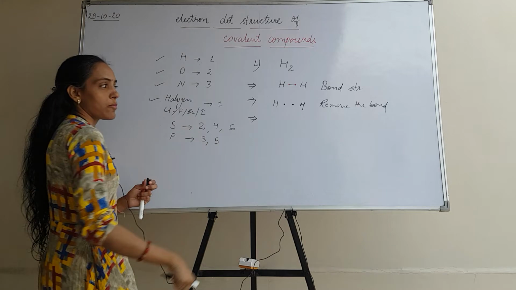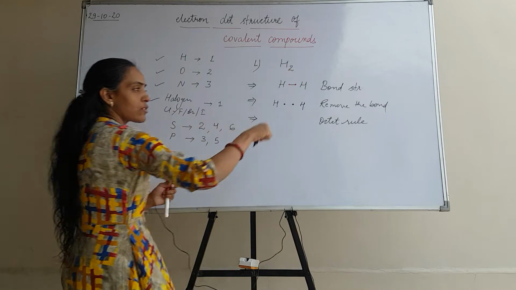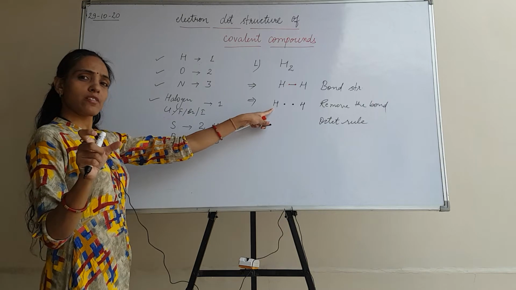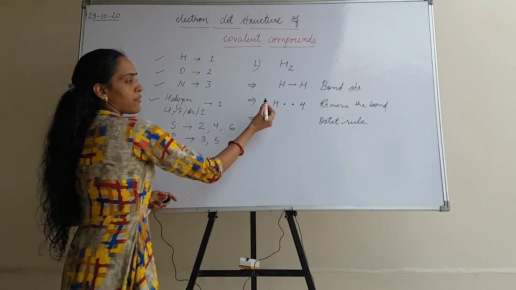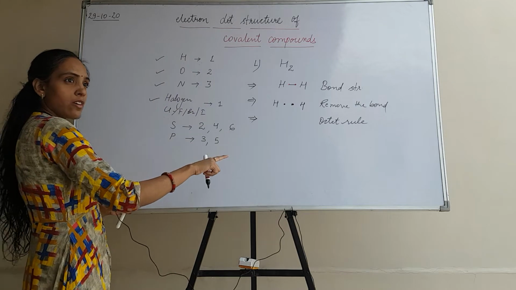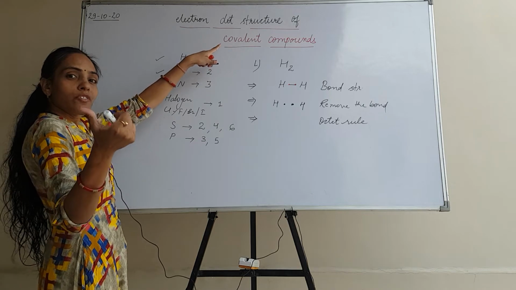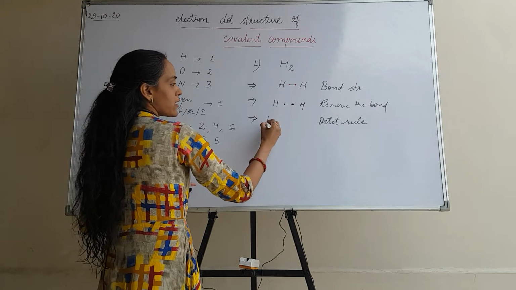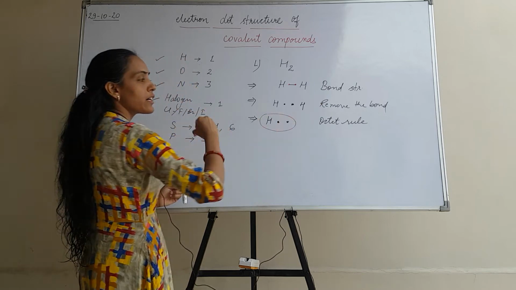Now the third step. In the third step you need to check the octet rule. Octet rule, as you all know, says there must be 8 electrons in the outermost shell, but we know that hydrogen is the smallest element, so the maximum electrons in the outermost shell can be only 2. With this hydrogen, 2 electrons are already present, because we are talking about covalent compounds, that means sharing of electrons. So these 2 electrons are in sharing mode by both hydrogens. So for this hydrogen it is satisfied.